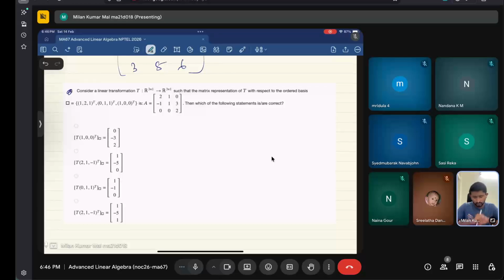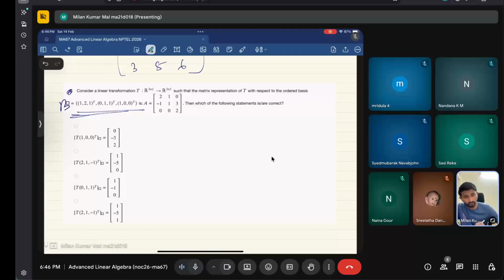Let's see. Linear transformation T such that the matrix representation of T with respect to the ordered basis, this is A. Matrix representation of T with respect to this ordered basis, beta, is equal to A. Let's assume this is beta, and A is the matrix. Then which of the following statements is or are correct? So now,